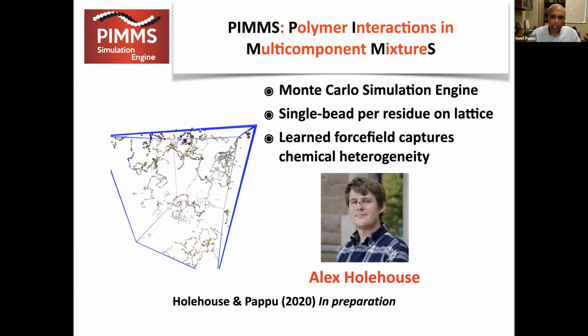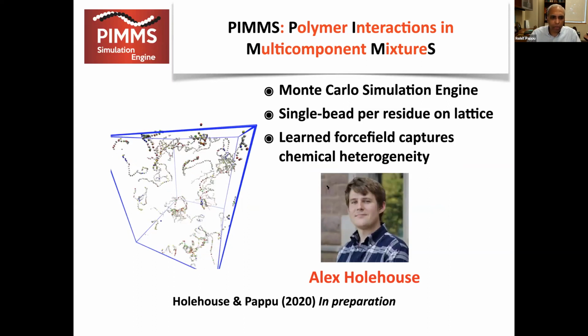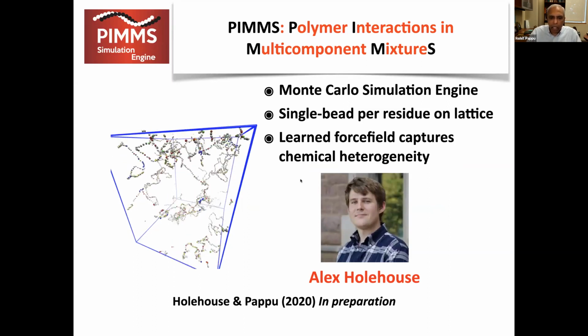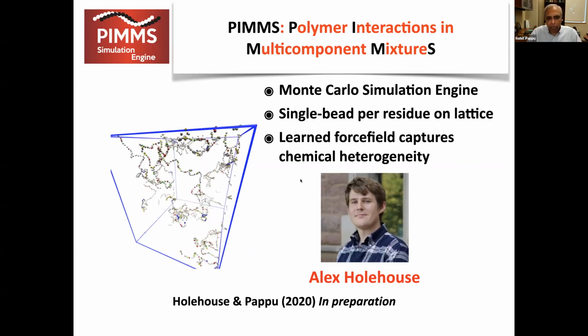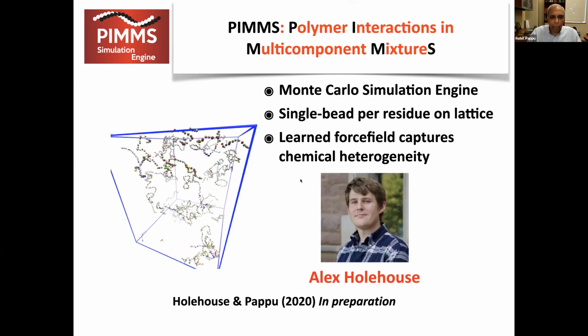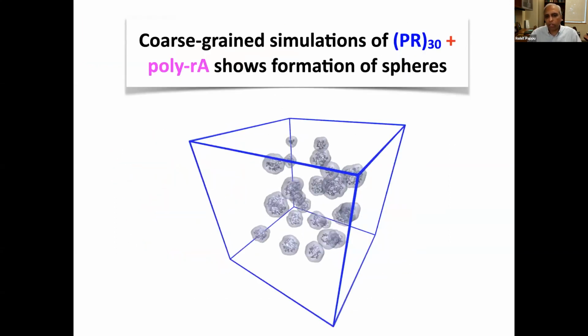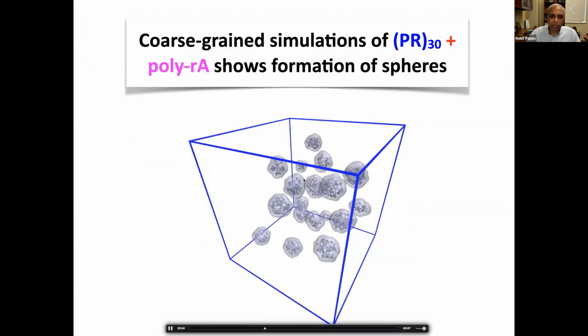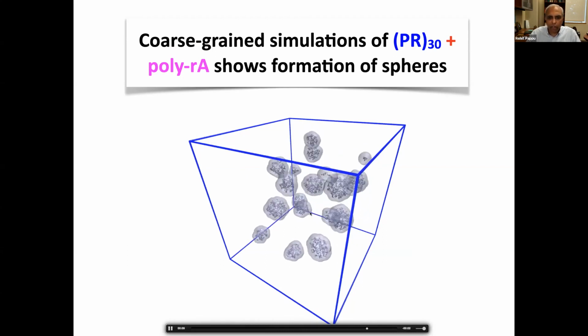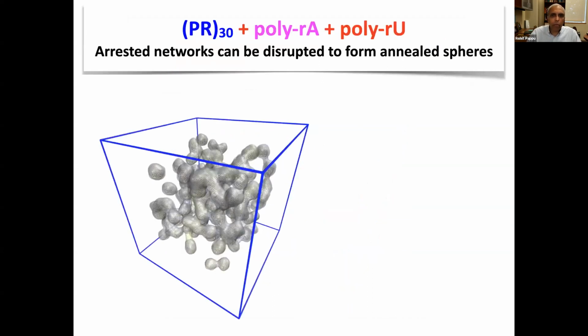I introduced PIMS in the last lecture, developed by Alex Holehouse, who was then a postdoc in the lab. Essentially what Alex did was develop PIMS to be able to do simulations of protein RNA mixtures. And the type of simulation that one would readily observe based on typical types of interactions for PR30 and poly-rA is the formation of these spherical condensates. They become a little hard to fuse past a certain length scale, but that's largely a move set issue. But then when you look at mixtures of PR30 with poly-A and poly-U,